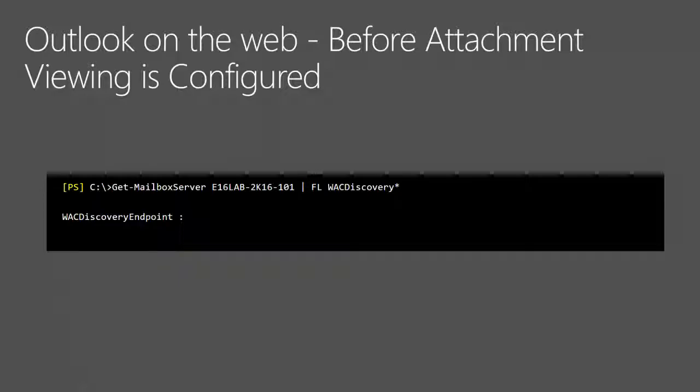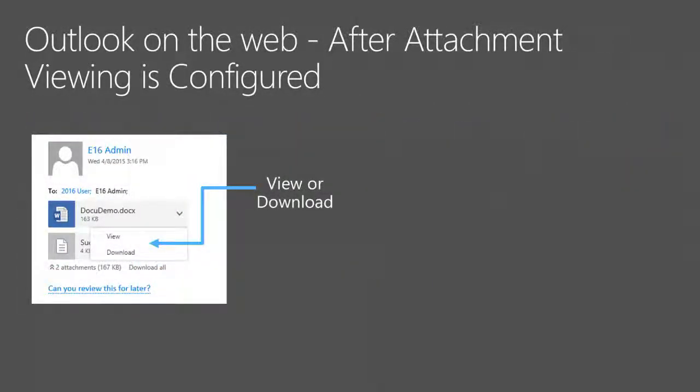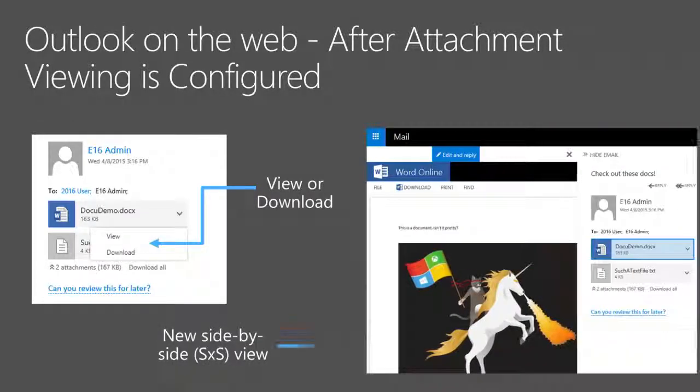And once that endpoint is filled in and configured, you restart the MS Exchange OA app pool, and then that will give you a new experience that includes a view option. And if you use the view option, then you'll get this side-by-side view of the document, complete with Flaming Unicorn and NinjaCat, who hopefully you all found out this week is a